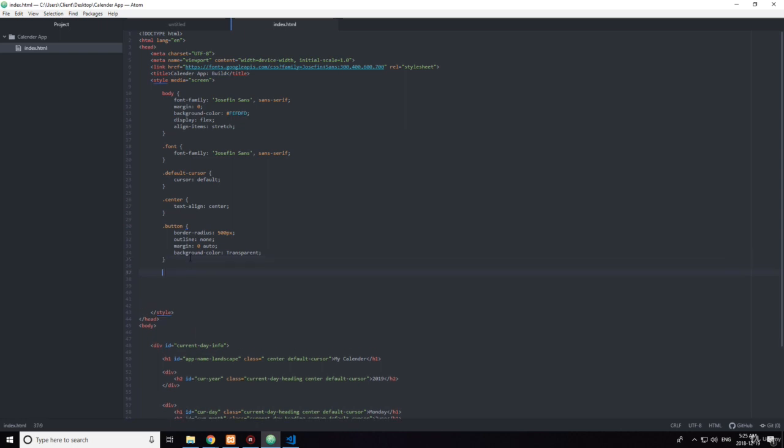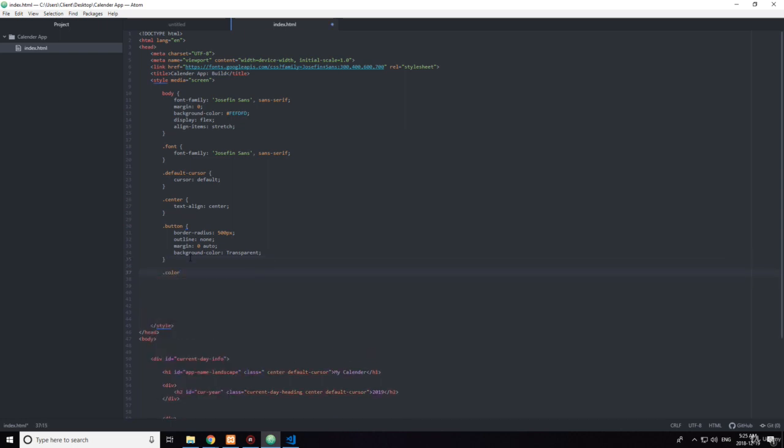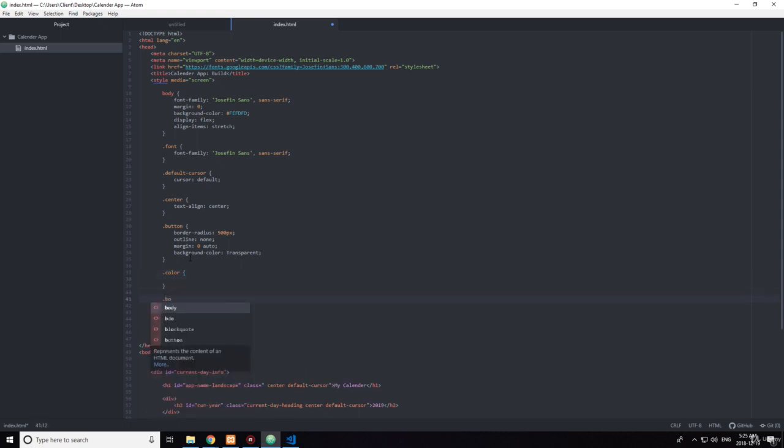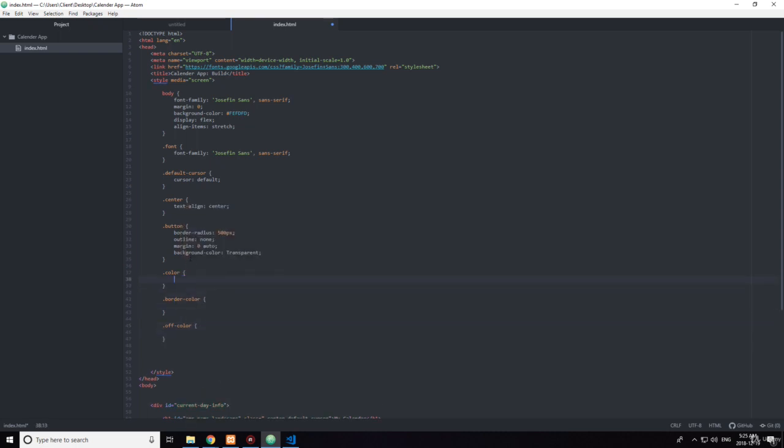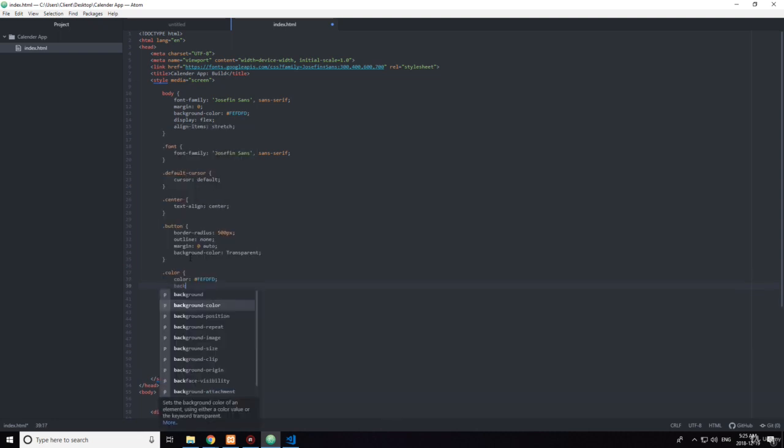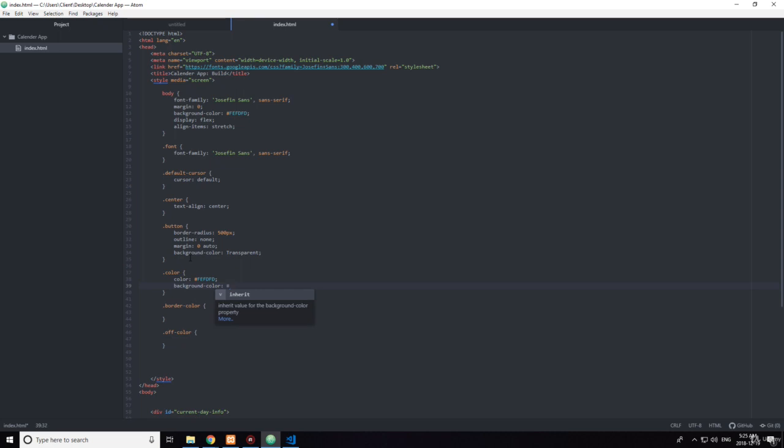And I also want to create some color classes. So color, I want to have another class called border color. These are going to be used for the theme later on. So for color, you want to set color to FEF DFD, and the background color to 1B19CD,